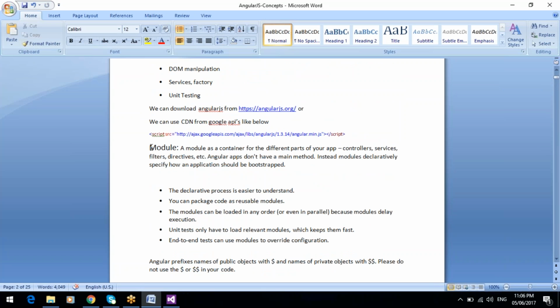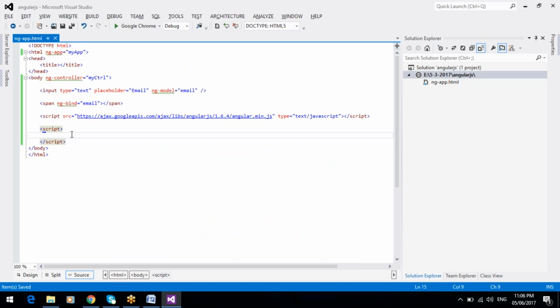This is what we discussed. The module is the container for the different parts of our application, compulsory for every application. So the module is a very important concept. So here, app equal to angular.module